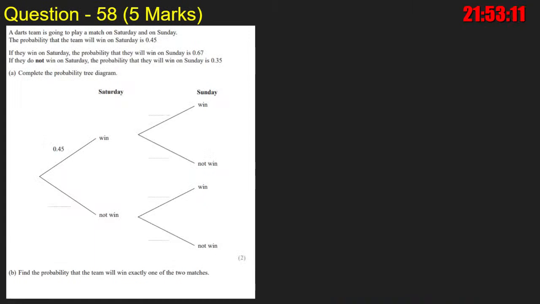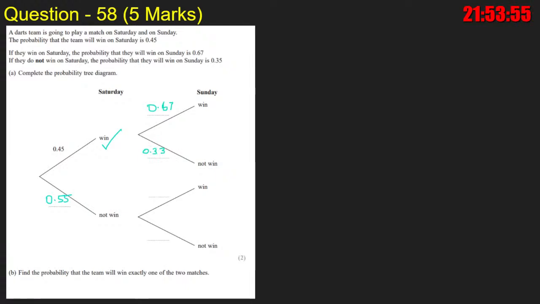Question number 58. A darts team is going to play a match on Saturday and Sunday. The probability that the team will win on Saturday is 0.45. It's given, so you can take it away from 1. This is going to be 0.55. And if they win on Saturday, the probability that they will win on Sunday is 0.67. If this is 0.67, 1 take away 0.67 is 0.33,